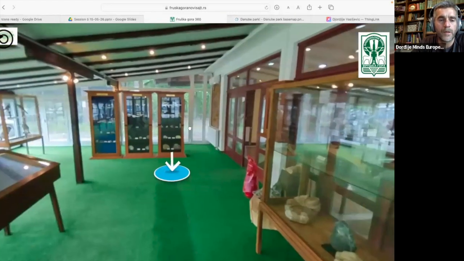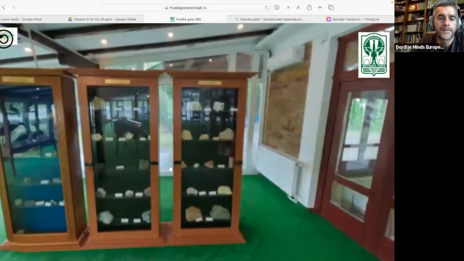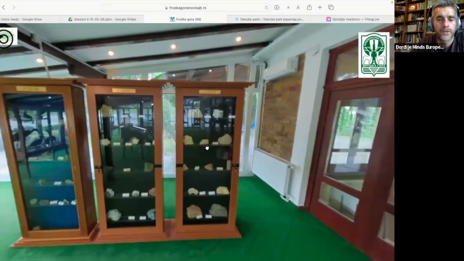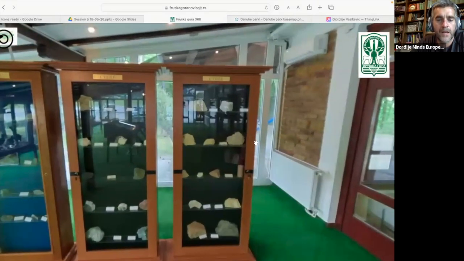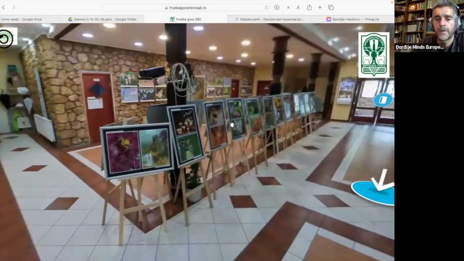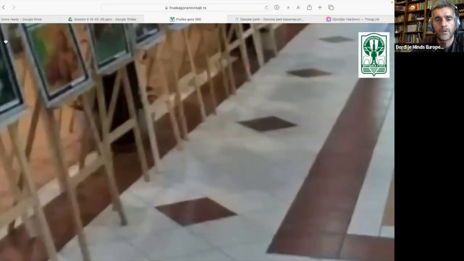This was the first thing that we did as 360 tours, so it's not that high quality. The photos are also not that high quality, but it presents really well how the info center looks. You can go back to the map anytime you want.